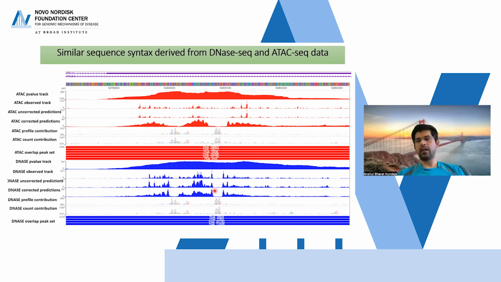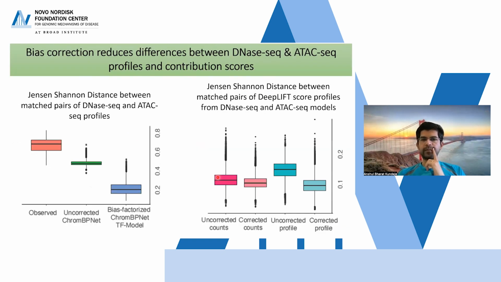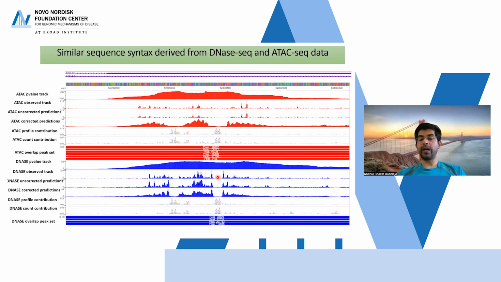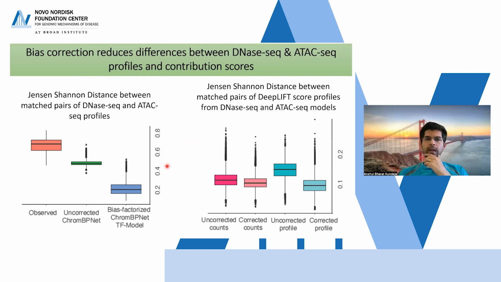They're not identical, but they at least highlight the exact same regions. Okay. We can quantify this again genome-wide, so we don't cherry pick some example. And we actually see this across the board. We can see the Jensen-Shannon distance between the observed and predicted profiles for DNase and ATAC, if you just compare them,